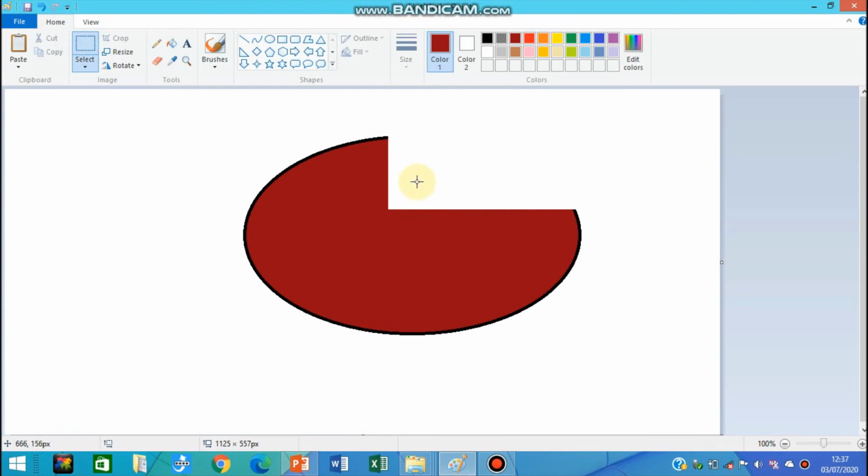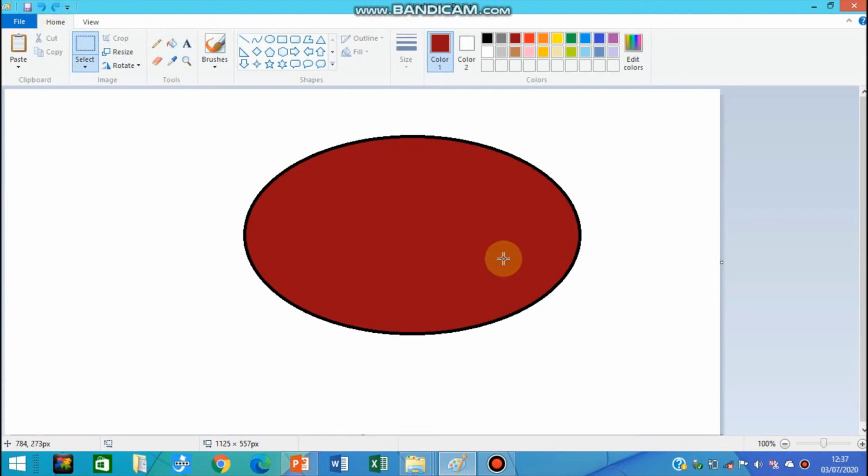Now we will see how to use the select all command. Five commands we have seen: cut, copy, paste, and undo and repeat command. Now select all command. From the options present over here, there is one select option and there is one drop down arrow present on the select option. If you click on that once, a drop down list appears on the screen. From that you have to select this option of select all.